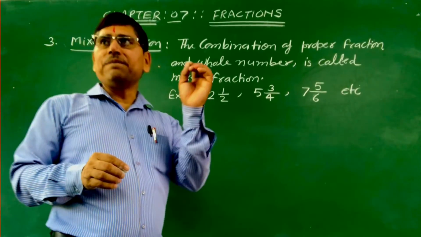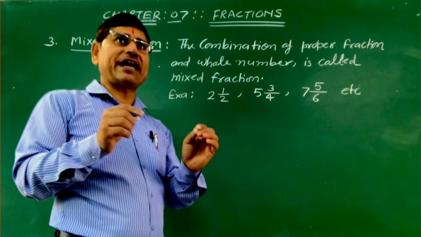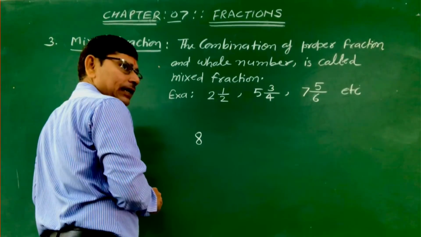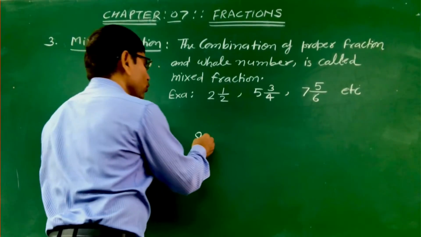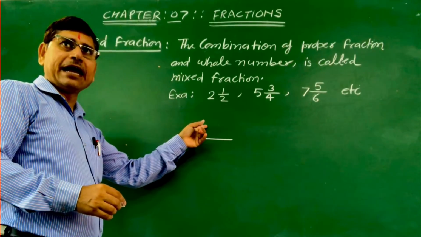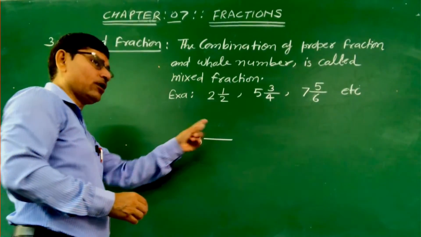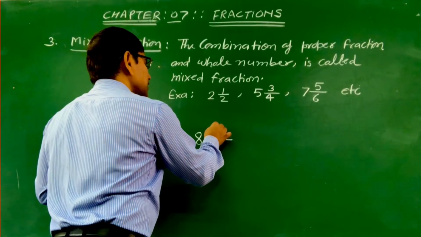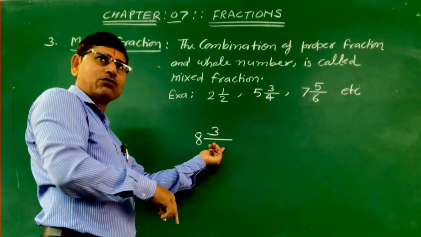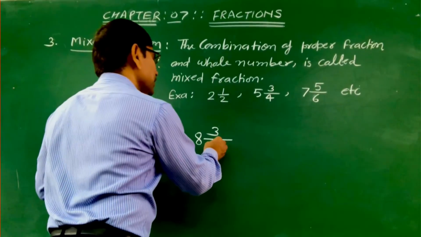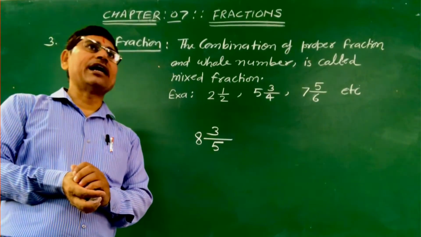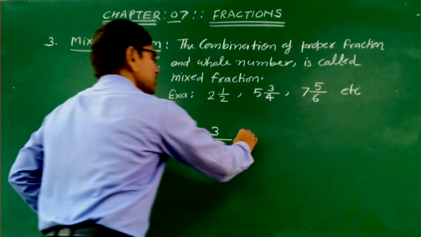The proper manner to write the mixed fraction is as follows: you write here 8, and you draw a line of division just in the middle of it, and then the numerator just on top of this divide line, let us say 3, and the denominator you will write just below this divide line, let us say this is 5. So this is the proper manner to write a mixed fraction. So this is the good manner.